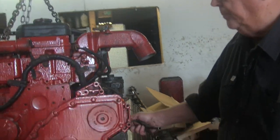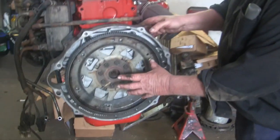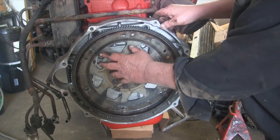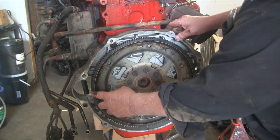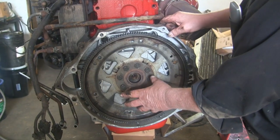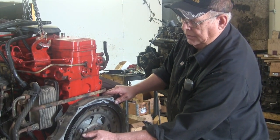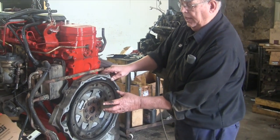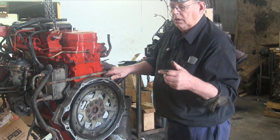Now, on the rear of the engine, depending again, if it's a standard shift transmission, you have what's called a flywheel, which is a steel plate that the clutch bolts onto. On an automatic, you have what they call a flex plate, which is this, and the torque converter bolts to it. On the rear you also have what they call a ring gear, which the starter engages to start. Now, the purpose of this flywheel or flex plate: not only does it make provision for the starter to be mounted on, the engine also has to have something to keep the momentum going between each ignition,